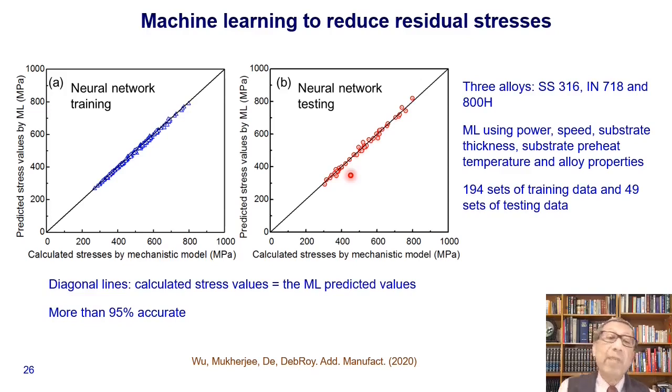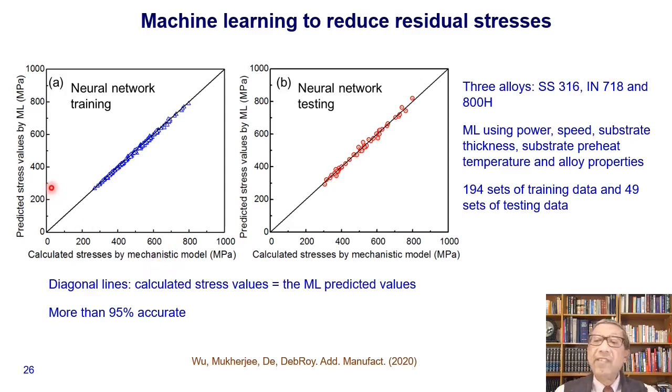So here we are plotting the predicted residual stress by machine learning and calculated stress by mechanistic model. So this is our prediction from Abaqus. So when we calculate the maximum longitudinal residual stress computed by a mechanistic model, that means in this case Abaqus,